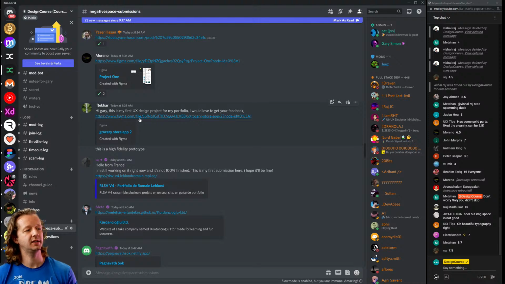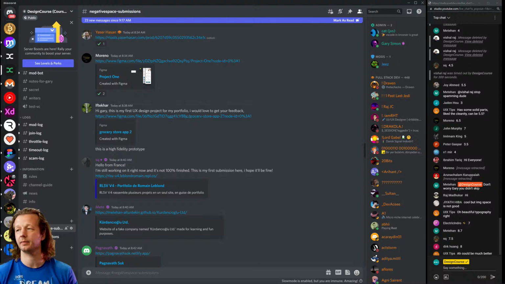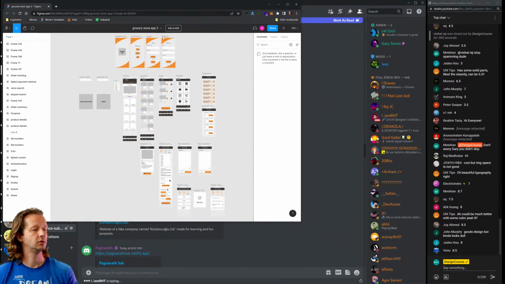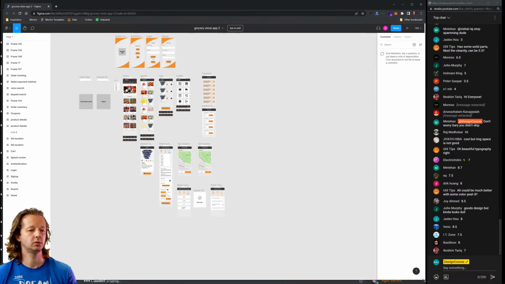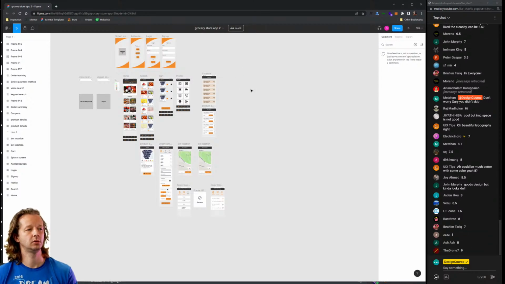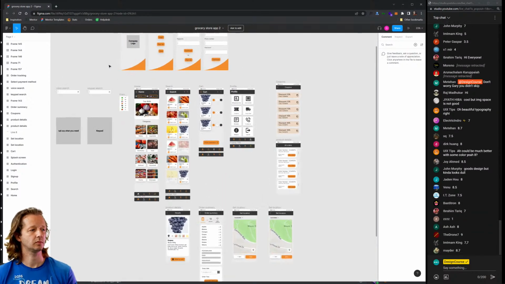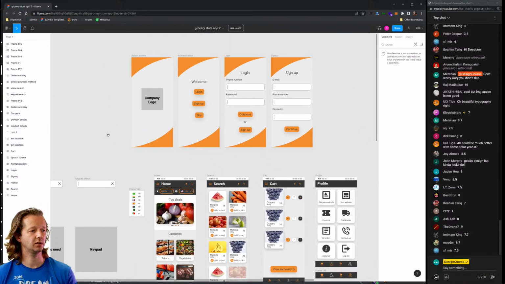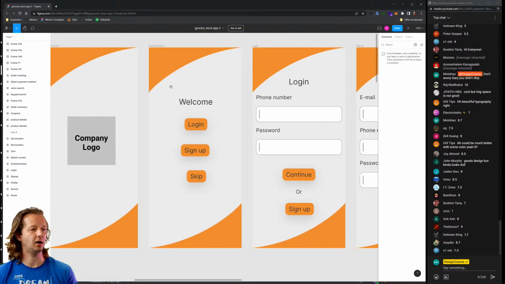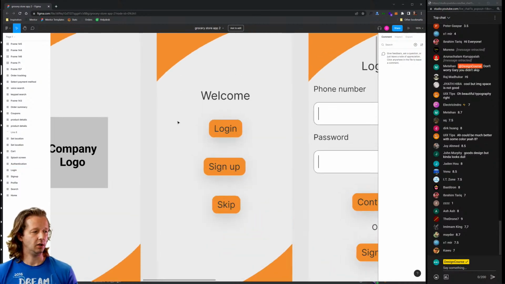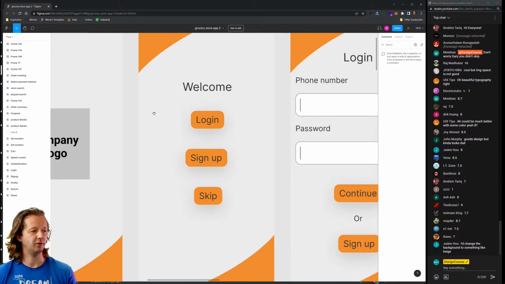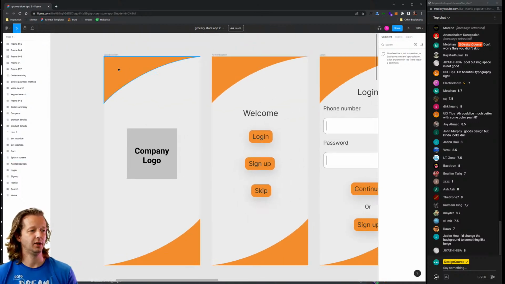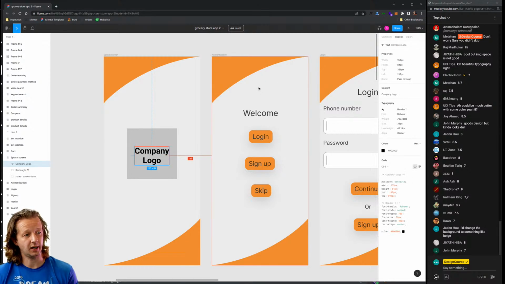First UX design project for my portfolio. I'd love to get my feedback. Let's check this one out. Not exactly where I should start. All right, so let's take a look at the onboarding process here. So first you have the logo, and then you have a welcome, which is kind of strange. This is redundant. I would just put the logo over here at the top, and then that way you have